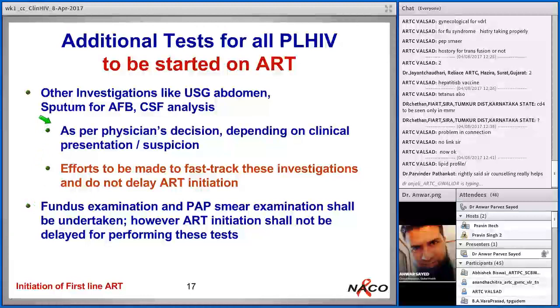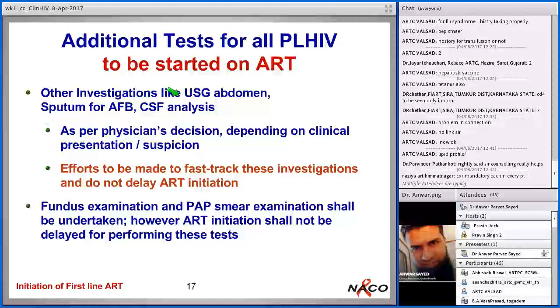So this is the list of mandatory investigations which are to be performed at the baseline. Again, if some investigation is not available at your facility, you need not wait until all investigations are done and reports are with you, and you should not delay ART because of this. Actually, effort should be taken that all these investigations are done soon and fast, but delay should be minimized. Lipid profile is again not advised in all patients at baseline, but of course, if a person is being started on a PI based regimen, lipid profile is required.